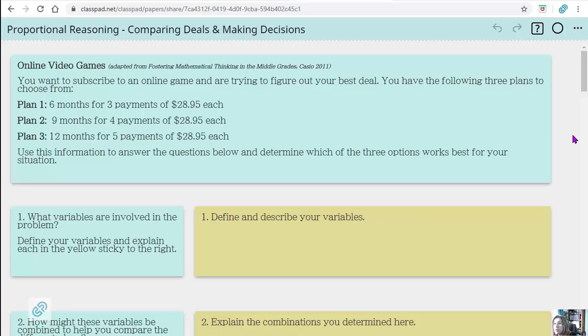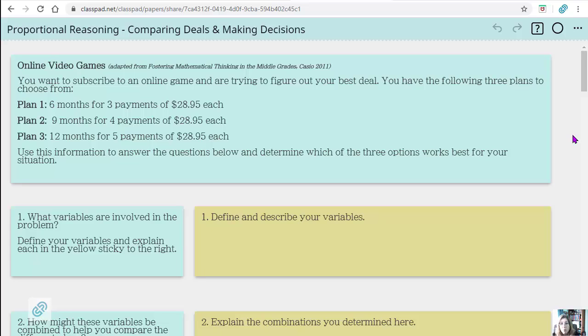It could mean different things based on, is it your cash outlay that you have now, or do you not have money so you need things spread out over time? Are you only going to be doing it for a short period of time? So then what's your best deal? Those types of decisions, and using ratios and using proportions and using different ways of looking at the data to determine the best decision, best deal based on your goals is what this is all about.